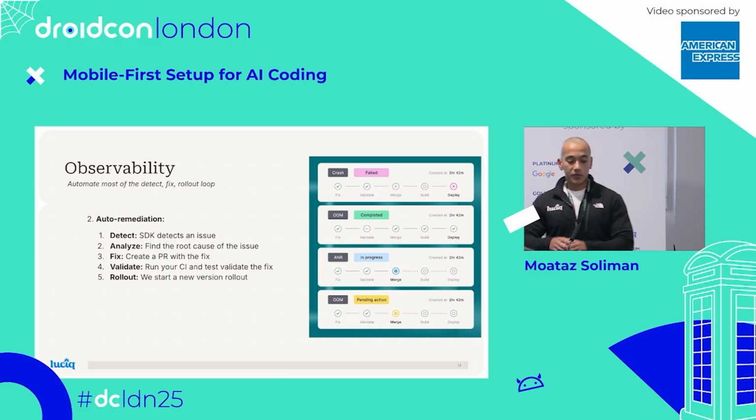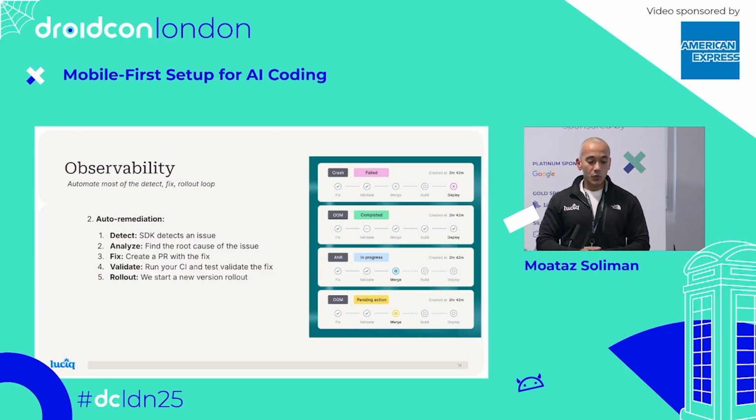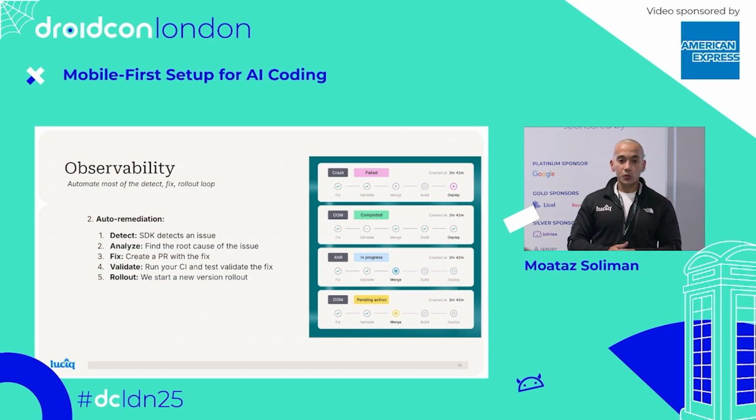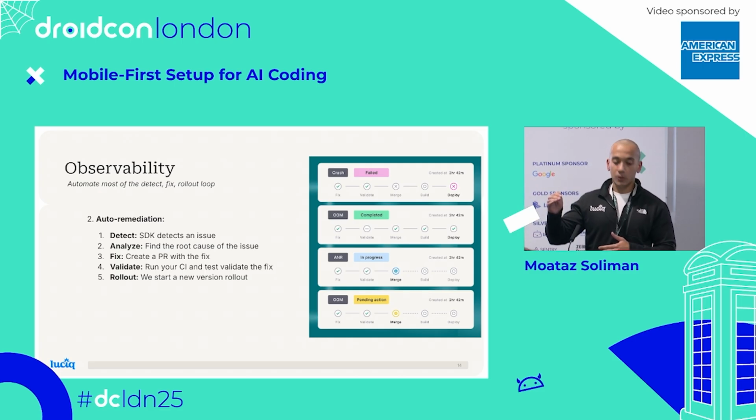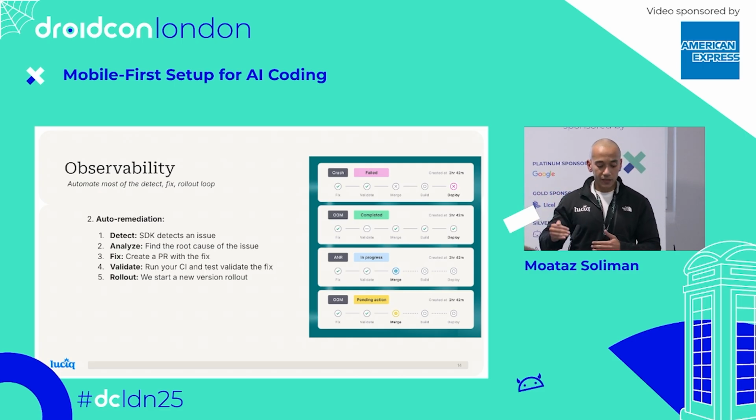So this is the first step of getting alerted whenever there is an issue that happens. One of the other investments that we've been doing is, what if you would like to use background agents for automating that maintenance workflow? So starting from the detection of an issue to the analysis and figuring out the root cause, to creating the fix, to validating it and rolling it out. We now offer that you can automate that whole maintenance workflow.